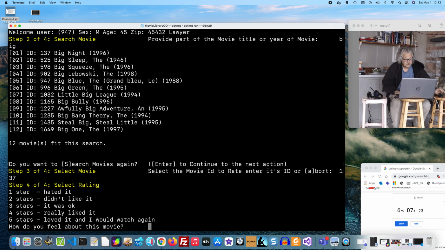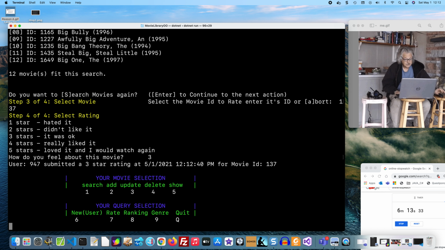Five-star rating, he gives it a 3. And here's the summary. Our user, 947, submitted a 3-star rating at this time for the movie ID 137.